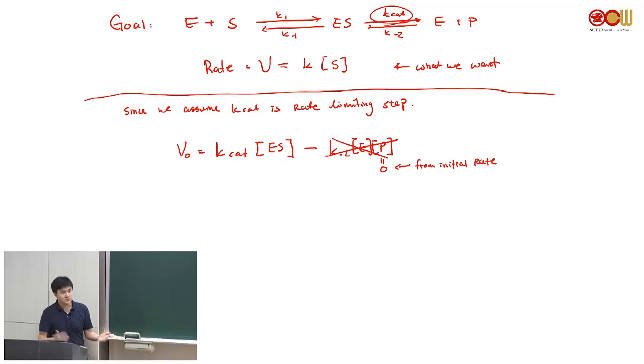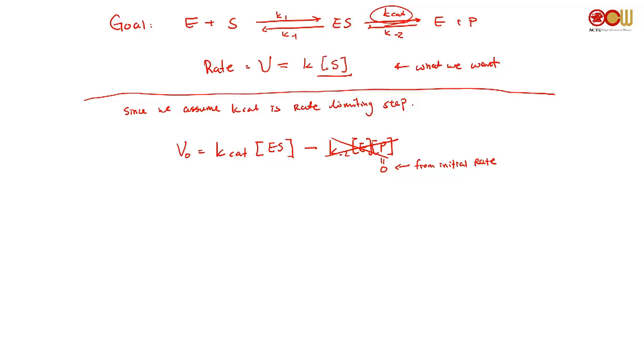Now, what's the problem? The problem is ES is not a useful term for me, because it's hard to quantify ES. Remember, I want to be able to quantify the rate based on the substrate concentration, not the concentration of ES. So we're going to do a little bit of manipulation here. We want to describe the rate as a function of substrate concentration. So what we're going to do is start